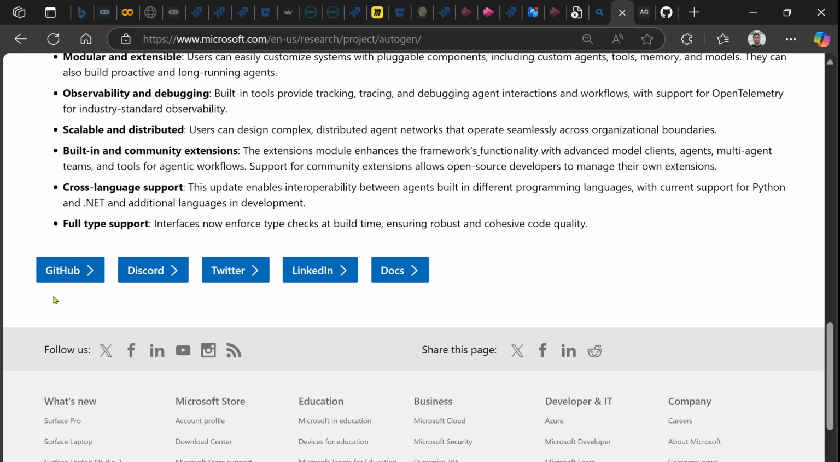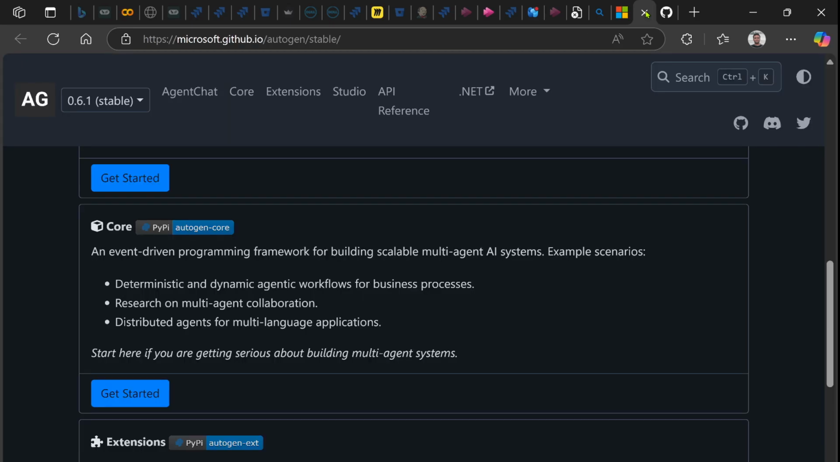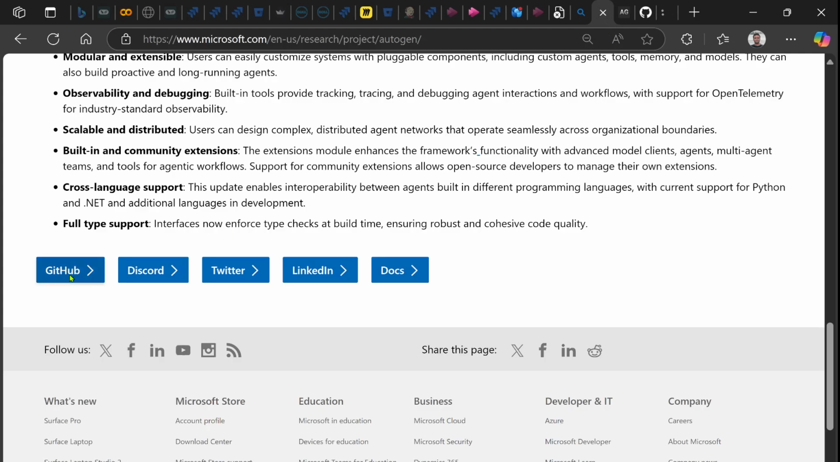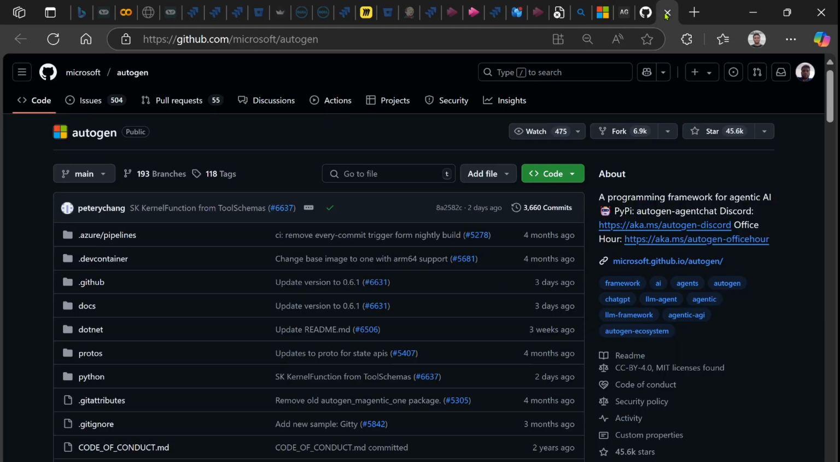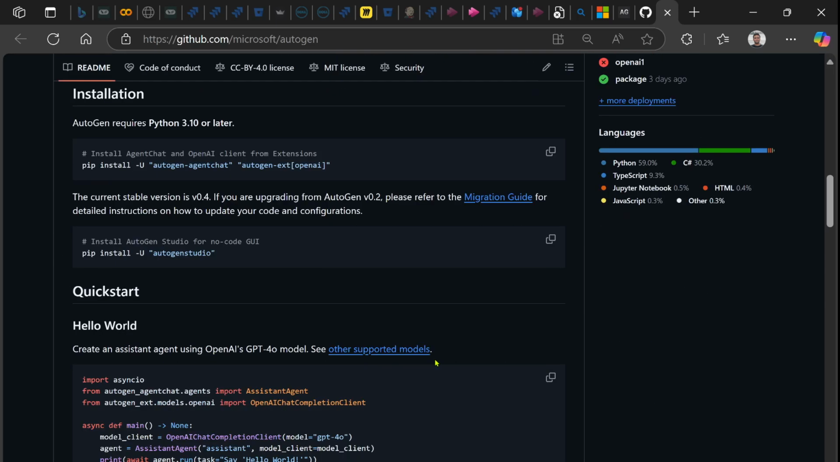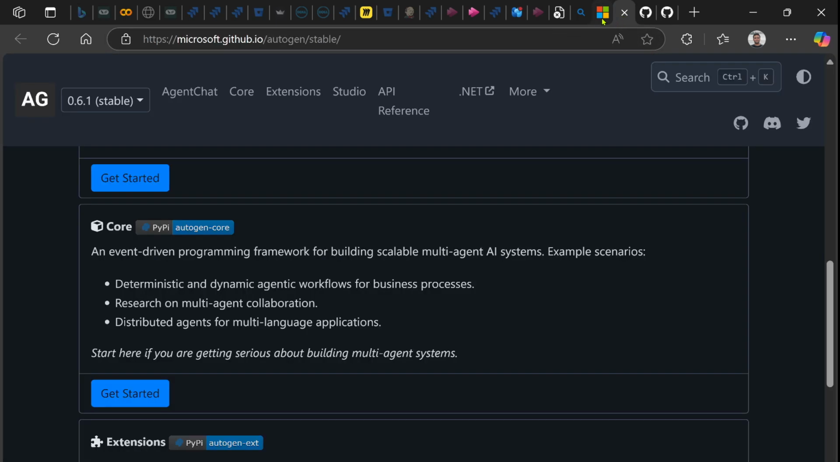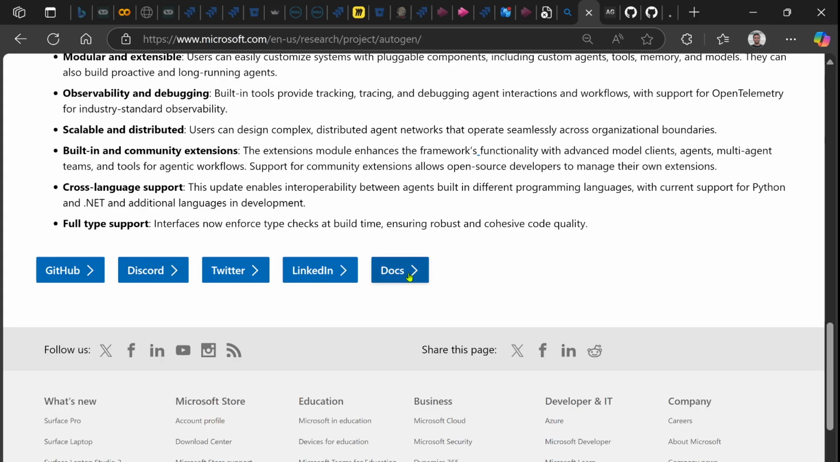So from here we can go to GitHub and Docs. These are the two starting points. So we will go with GitHub. Okay, so from docs, let's see. GitHub is this one. Yeah. So this is the GitHub. Okay. And if we go to docs,